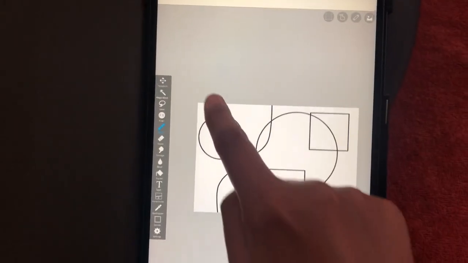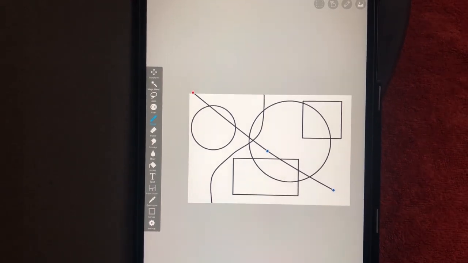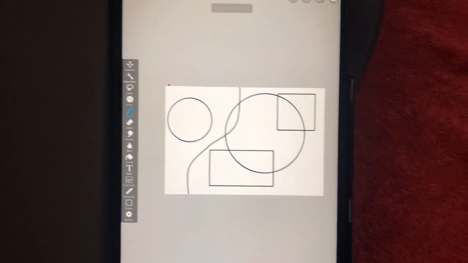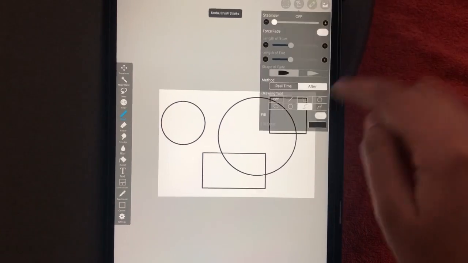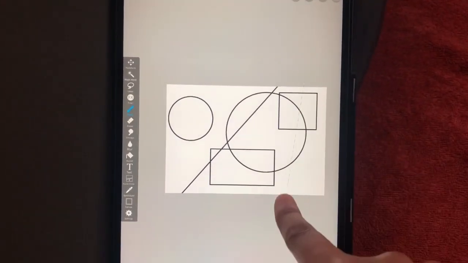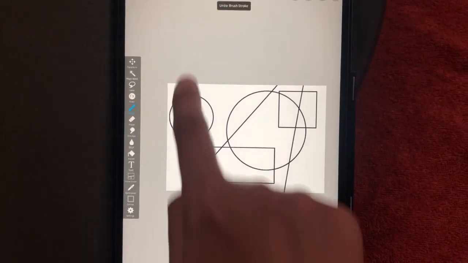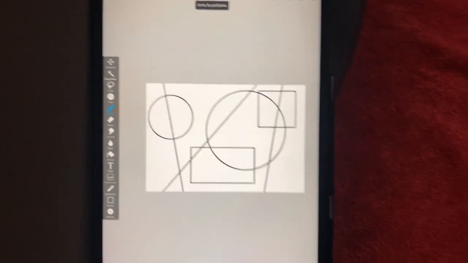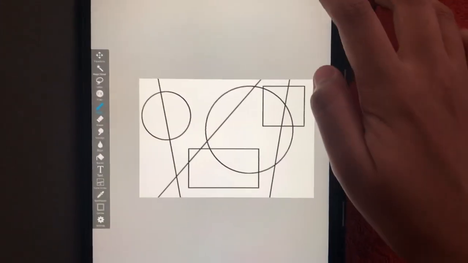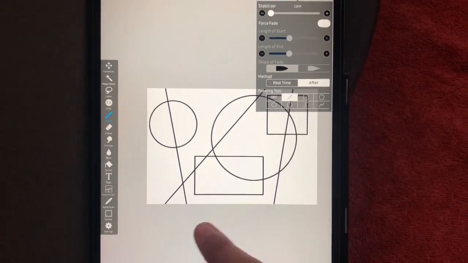Okay, I'll draw another curve here. Okay, so rather than drawing the curve lines, we'll just use the straight line option. Okay, I'll just draw a straight line here. I'll just draw a straight line here. I'll just draw a straight line here. Oops, I'll draw it here. Okay, so do you want me to use another shape? Let's see what's available. No, I think that's enough.